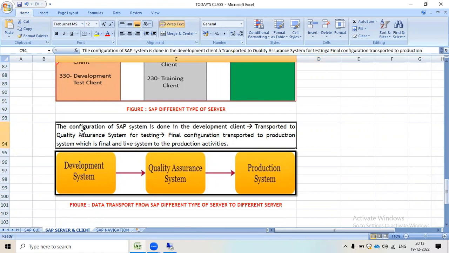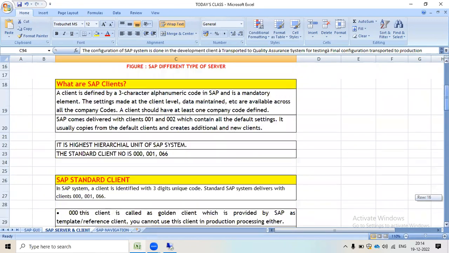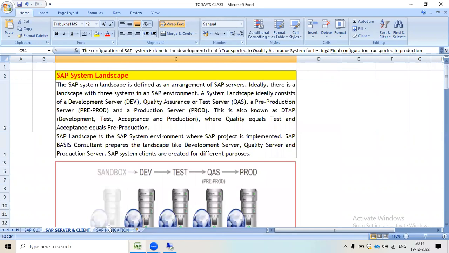The configuration of the SAP system is done in the development client, transported to the quality assurance system for testing, and the final configuration is transported to the production system, which is the final and live system for production activity. So we have completed this lesson. Now I'm moving on to the next.